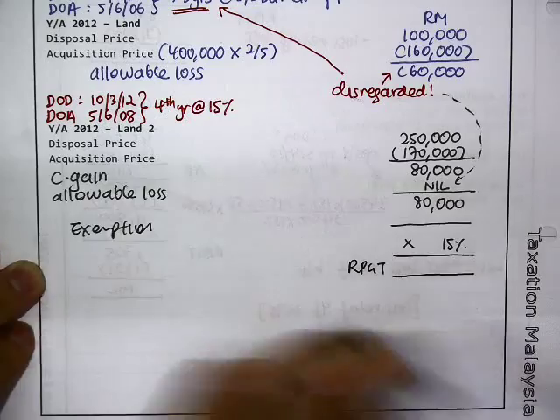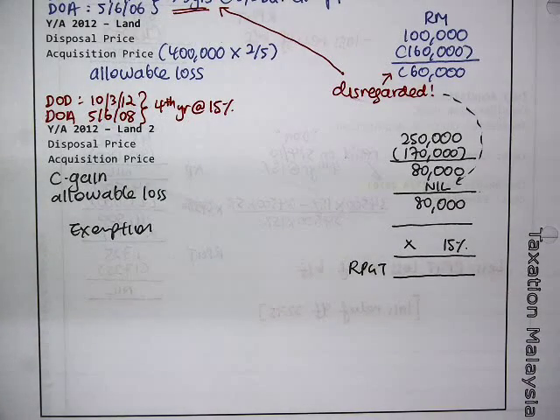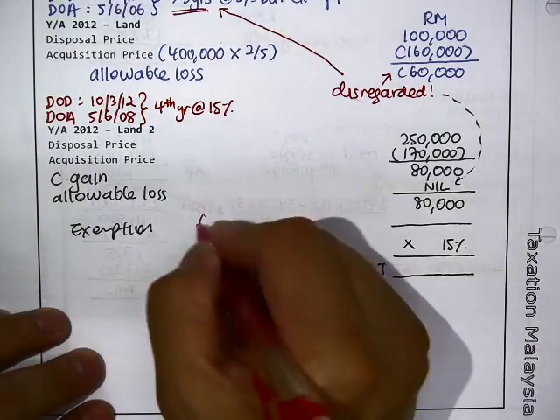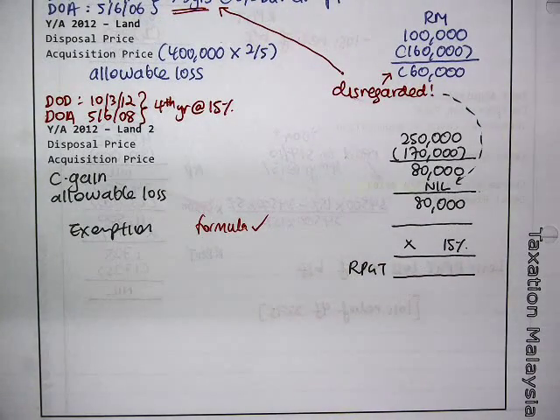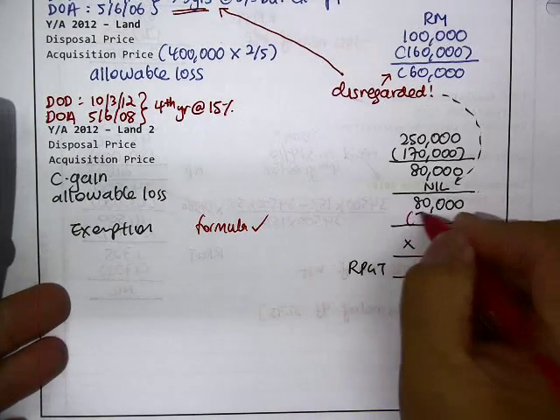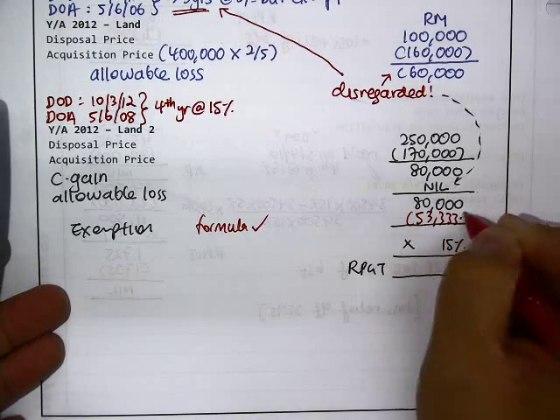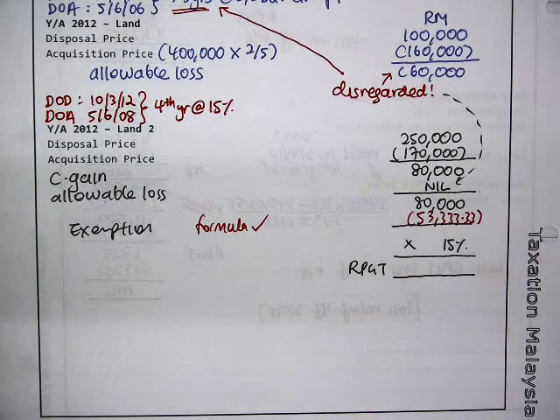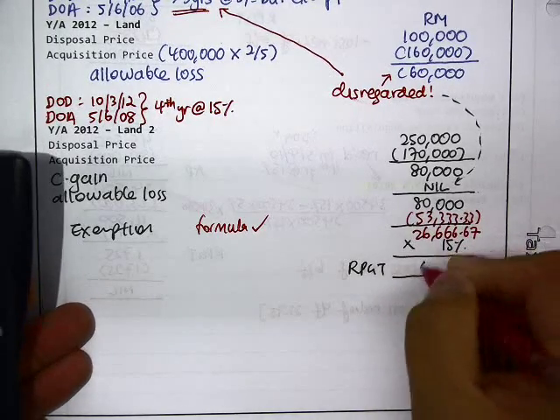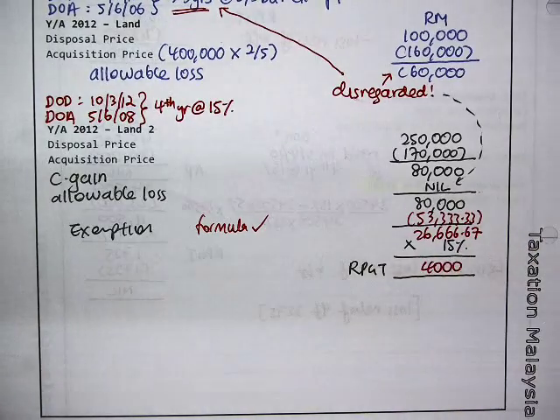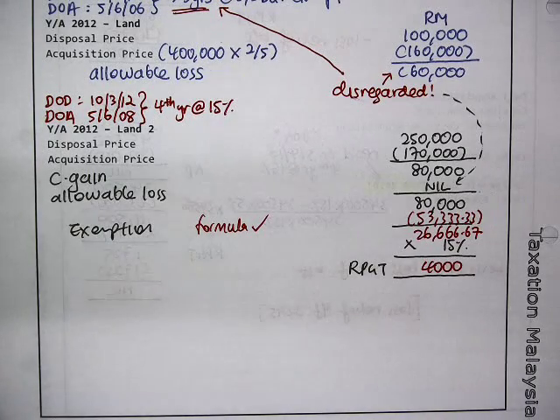So you dispose this land for 250,000, and then you acquire it for 170. So the gain will be 80. Now allowable loss is nil because you ignore it. Okay? If not, you would have deducted the loss, but because it's more than 5 years,